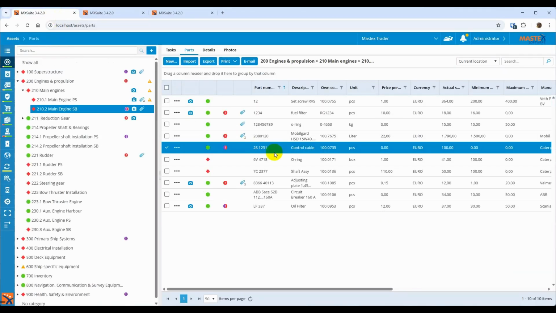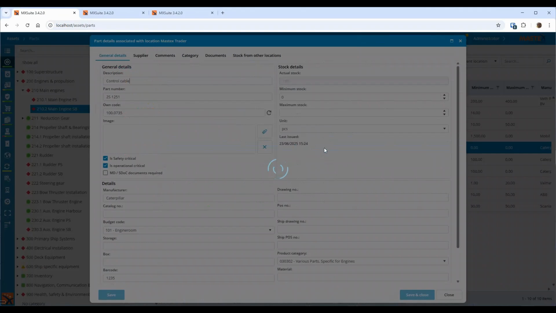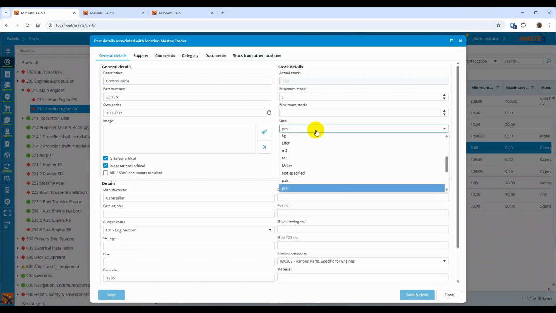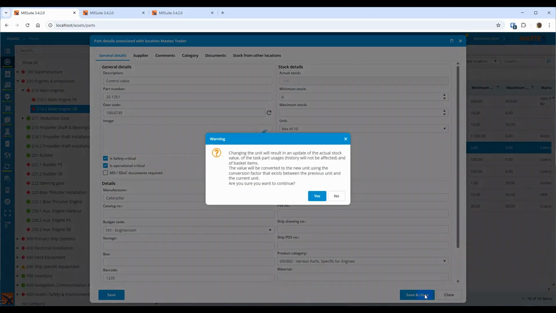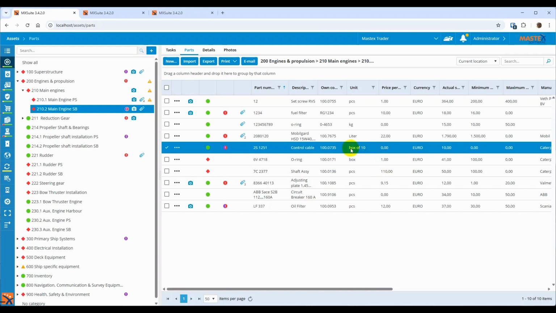Now what happens now if I open this spare part again and I change this instead of pieces, I change it to a box of 10 and you can still see here that my actual stock is 100. I get my warning message that changing the unit will result in an update of the actual stock. I select yes, and now what happens? Box of 10 is my unit at the moment, and my actual stock is 10 boxes of 10, which means